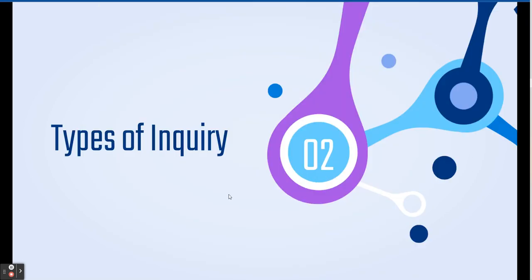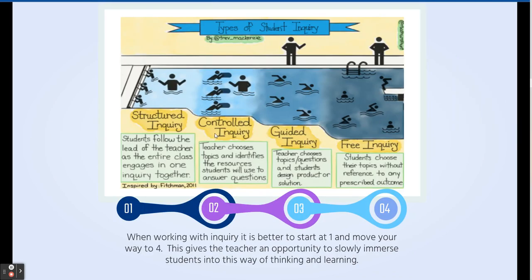So let's dive into these types here, because that's where I was getting to a few minutes ago. I found this to be a very helpful infographic on inquiry. You have the pool here, right? You have the shallow and then deeper and deeper and deeper, until you get to the deep end of the pool. I like this idea because these 4 different types of inquiry really fit well with this idea of a very shallow dive into inquiry, structured inquiry, a very shallow beginning